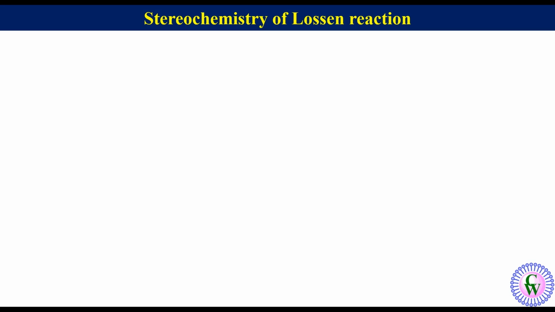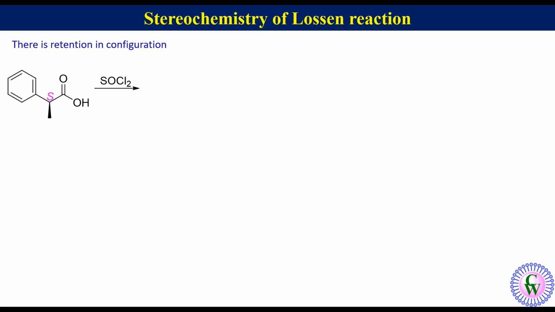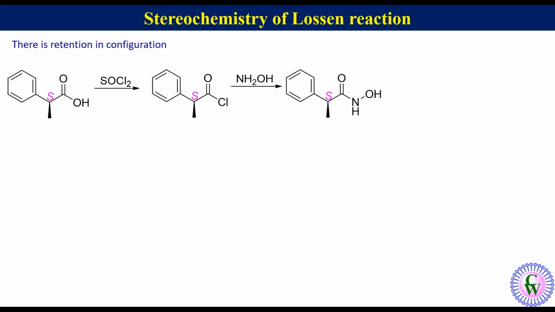Stereochemistry of Lossen reaction. In Lossen reaction, there is retention in configuration. For example, when S-2-phenylpropanoic acid is allowed to react with thionyl chloride, produces corresponding acyl chloride, which after reaction with hydroxylamine gives hydroxamic